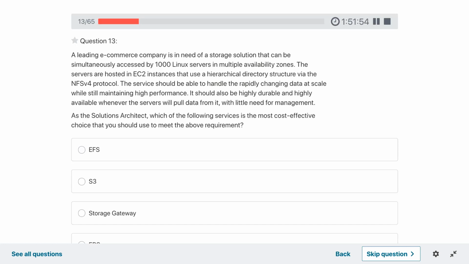The service should be able to handle rapidly changing data at scale while still maintaining high performance. It should also be highly durable and highly available whenever the servers pull data from it, with little need for management. As a solutions architect, which of the following is the most cost-effective choice that you should use to meet the above requirement?